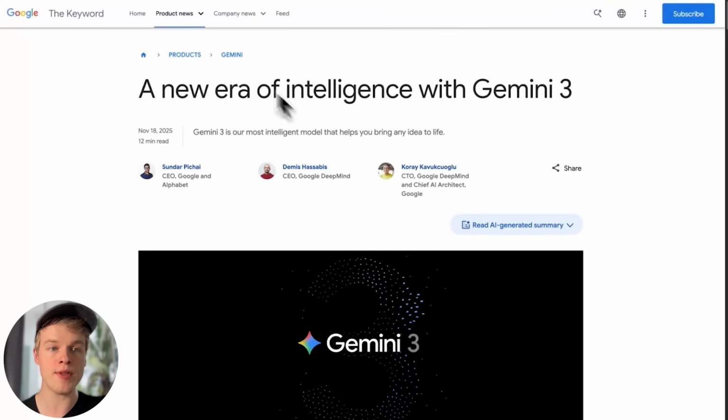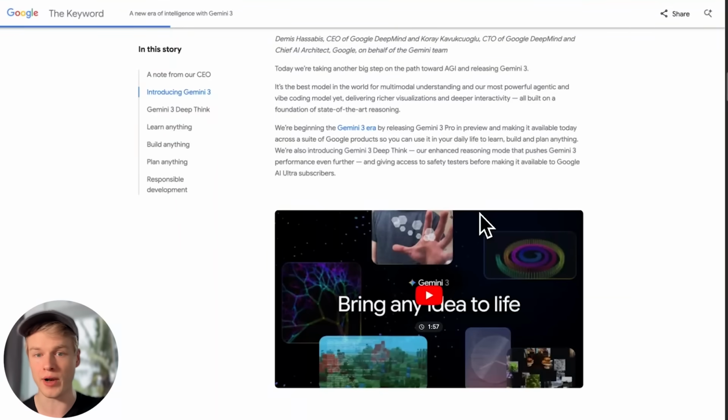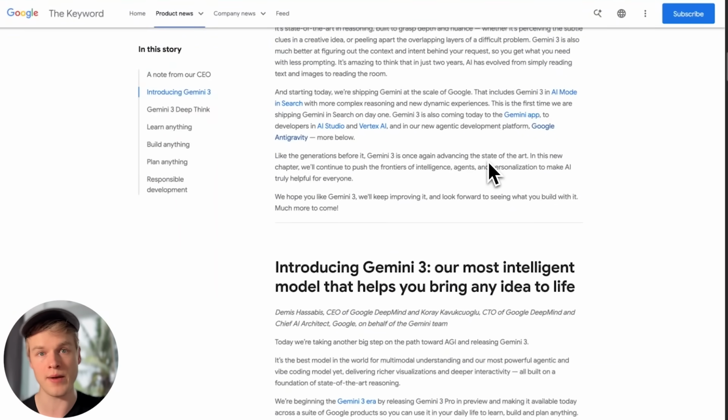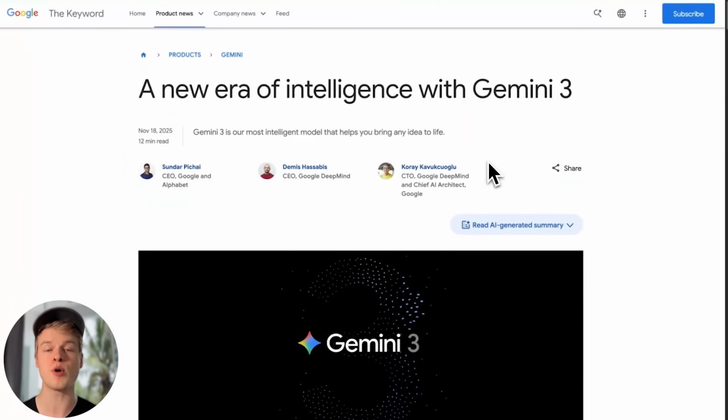As you can see here on my screen, we have the blog post of Google releasing Gemini 3. And the reason I mentioned that is because it is multimodal. And you should definitely read through it to really understand what that means. Because Google tries something that all the other platforms that allow these vibe coding things like Lovable, Bolt.new, Replit, all of